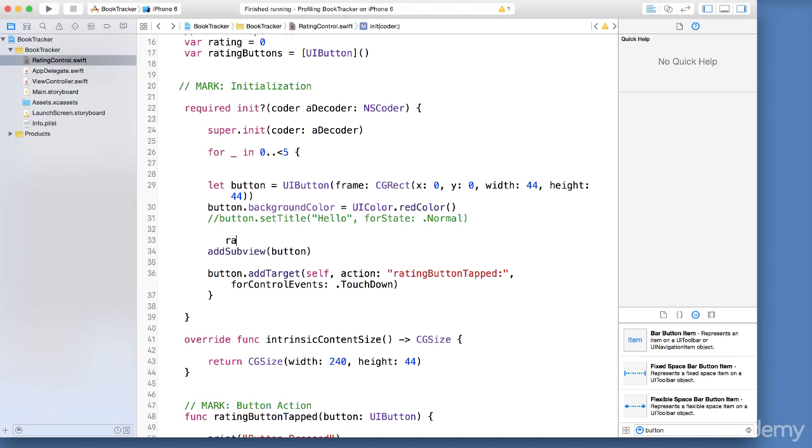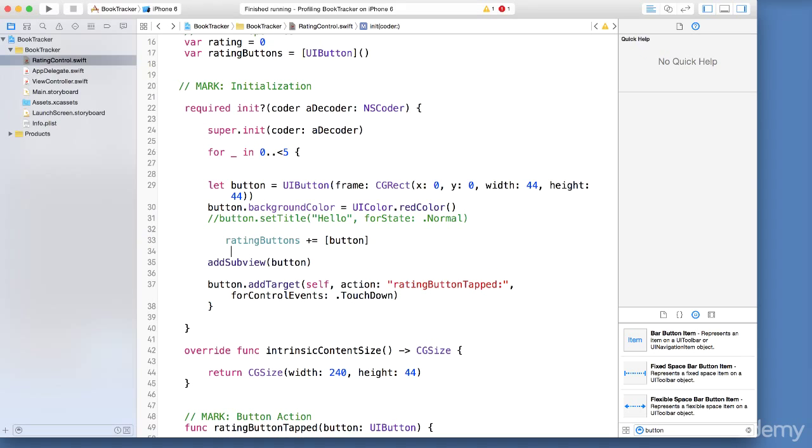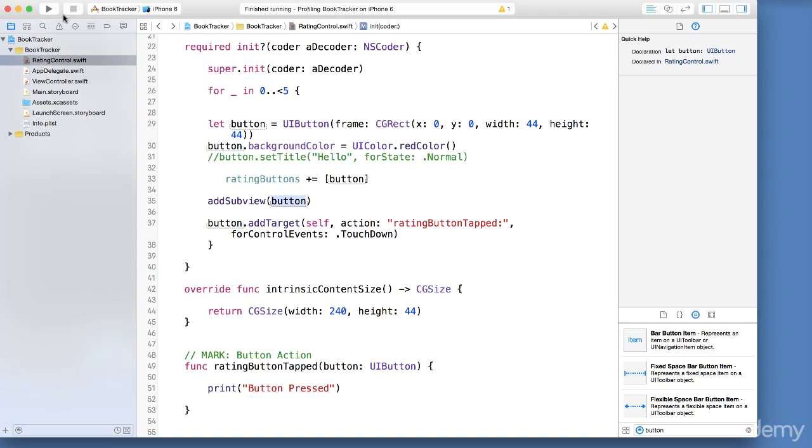So what do we do? We just say rating buttons array. We say plus equal and say button. So this plus equal, essentially we're saying we're adding a button each time this runs. So if it runs the first time, we're adding 1 button to our rating buttons. Second time, adding another button because we are creating different buttons at a time. Space there. Perfect. Okay. Now this is very important because you need to make sure that this is happening before we're adding the buttons into our view. That's very important. Now let's give it a run and see.